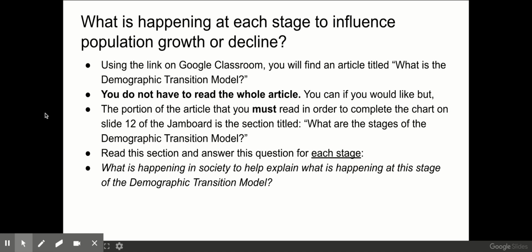So read the section and answer this question for each stage. What is happening in society to help explain what is happening at this stage of the demographic transition model? So you do have to do it for all 5 stages. The link and that section of the article will give you some ideas of what is happening in society to help explain the stage of the demographic transition model. And all you have to do